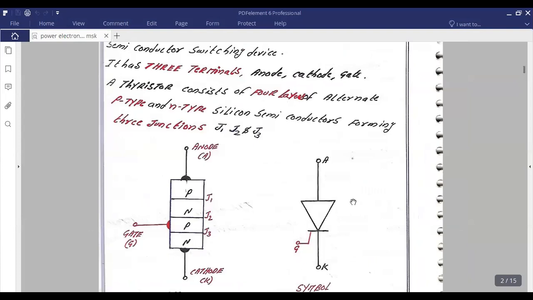So this was briefly related to the VI characteristics of an SCR and modes of operation of the SCR. Then we need to consider the turn-on methods. In your syllabus, it is stated that we simply need to consider the turn-on methods, but we cannot consider them directly as they are derived from the two transistor analogy. So in the next session, we may complete this two transistor analogy, and we can consider all the turn-on methods.